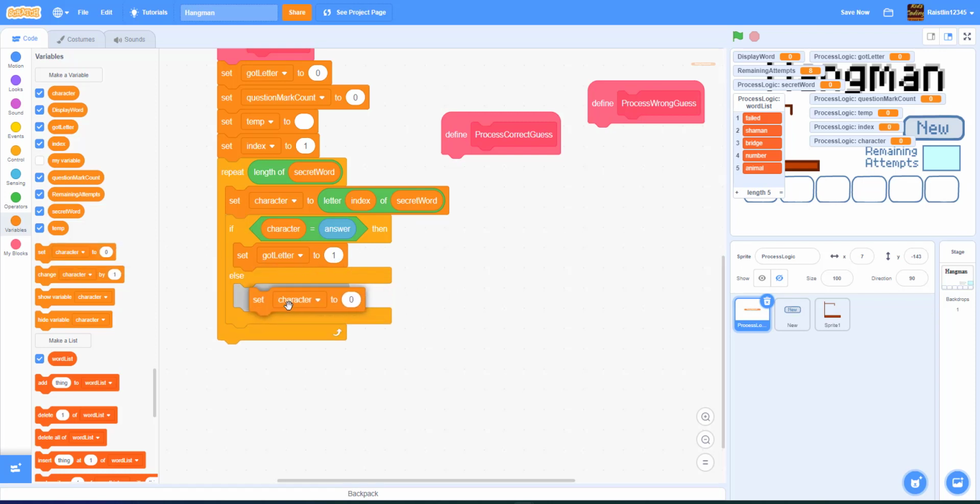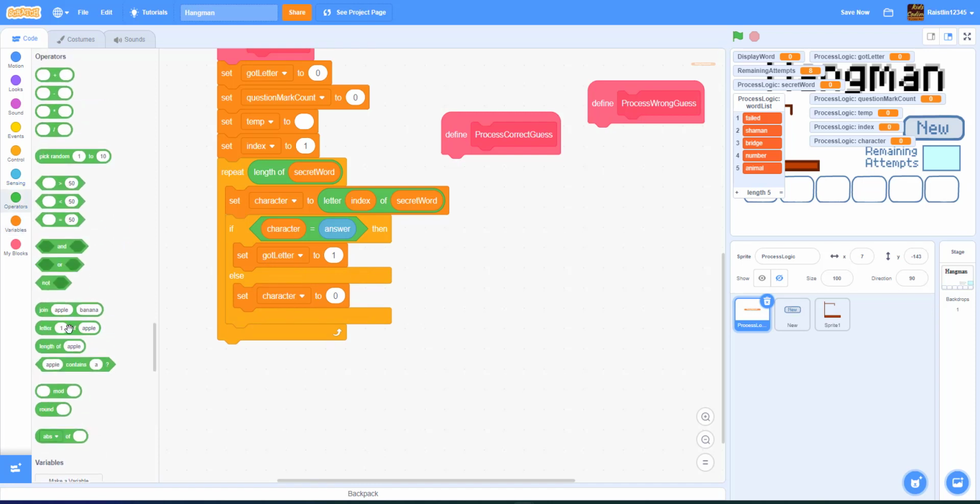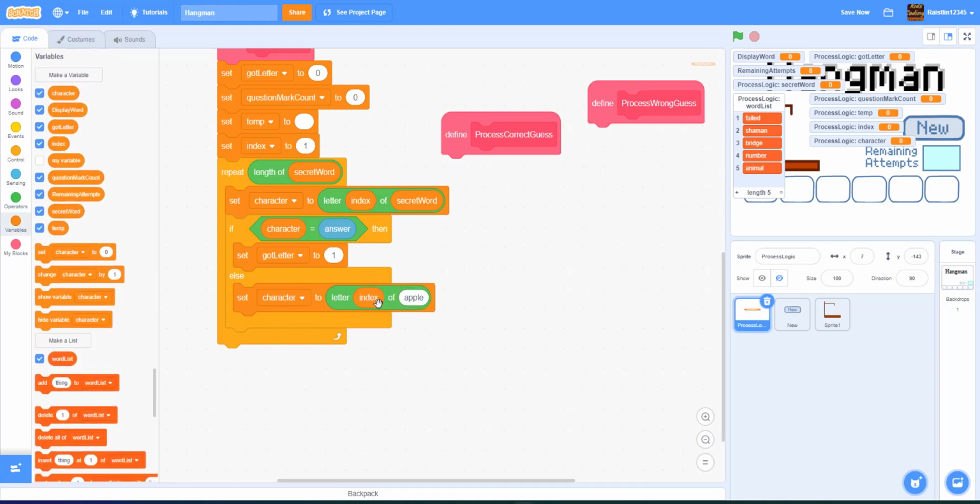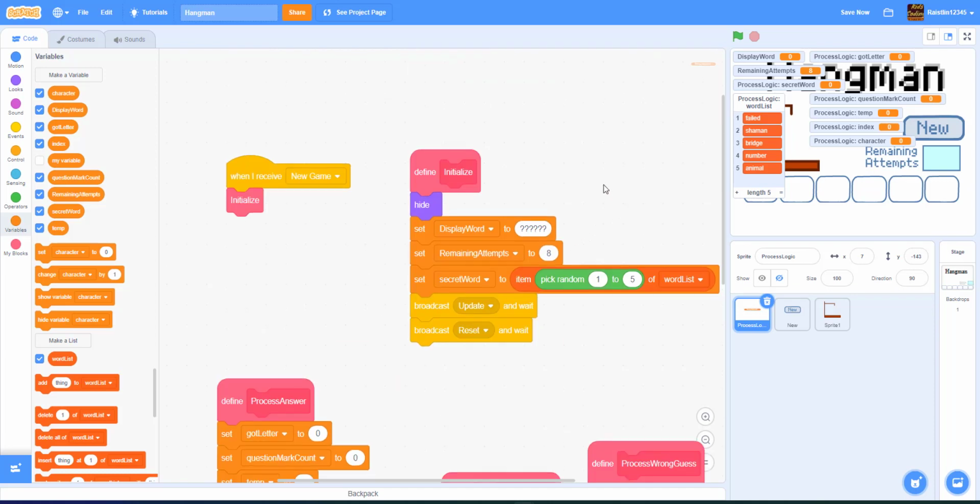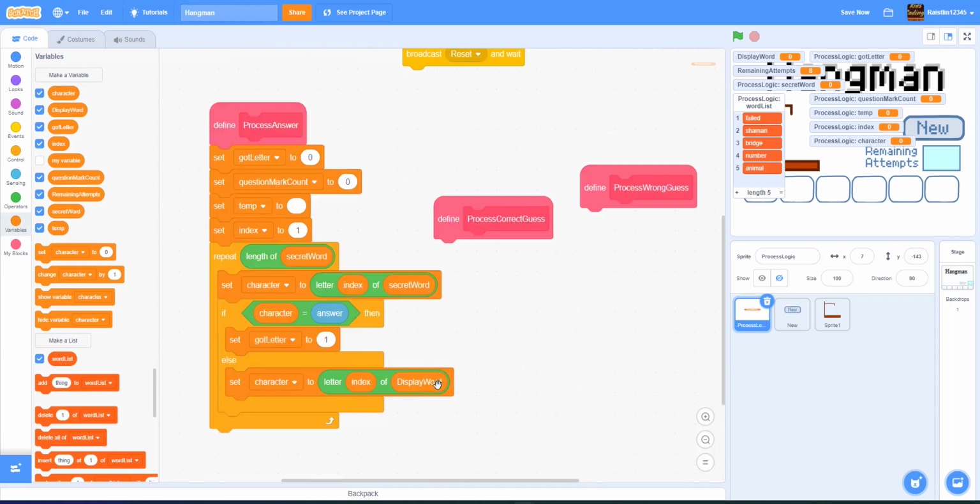Else, if you do not get the letter, we're going to set the variable character to the letter index of the display word. So the display word is a question mark, because up here, remember we set the display word to 6 question marks. Well, it's going to be down here, so it's going to set the letter index, so the first slot is going to be a question mark if you don't get it. Okay. And then we're going to get